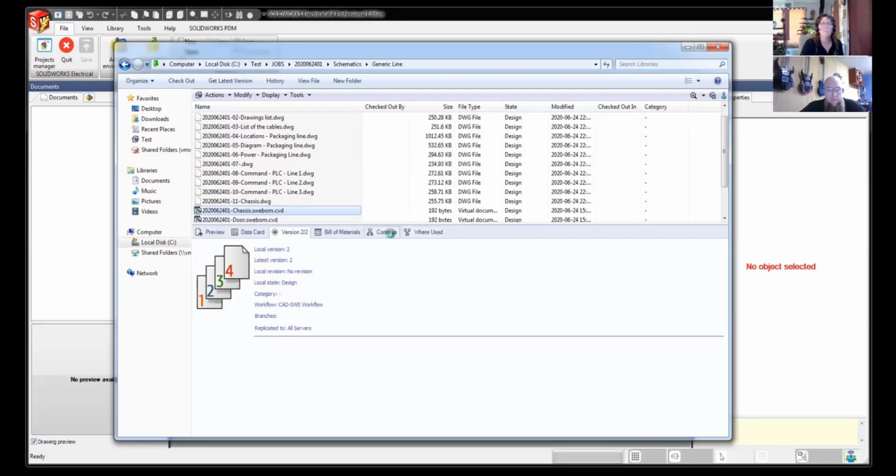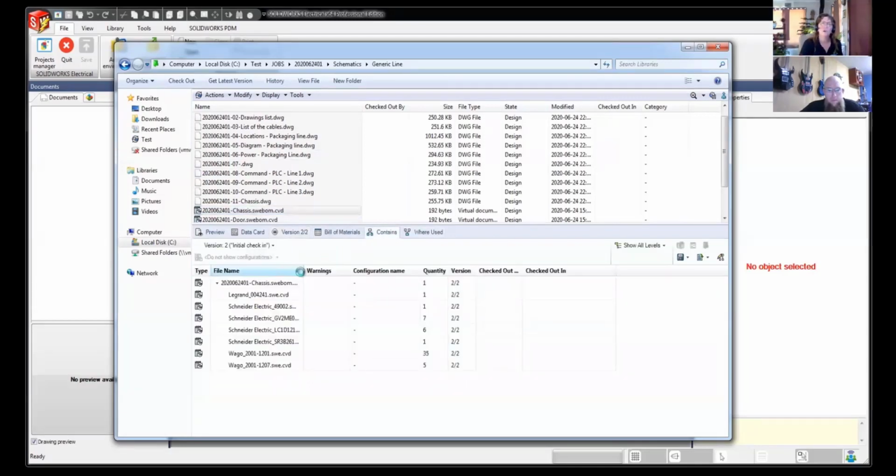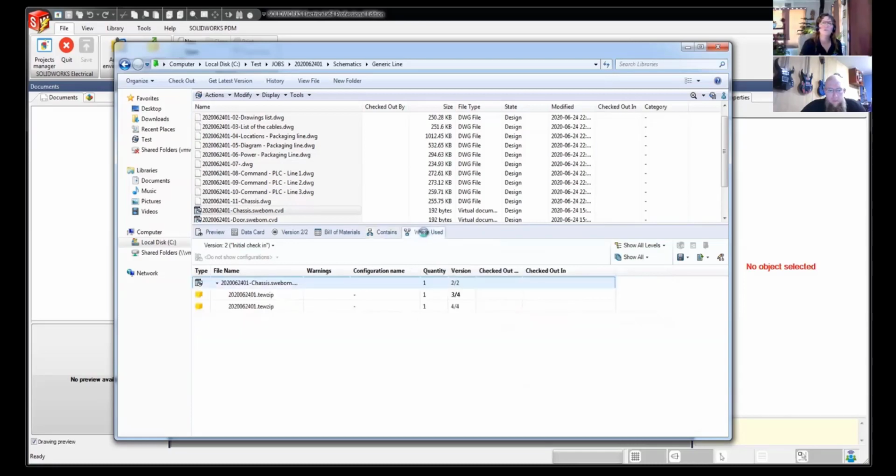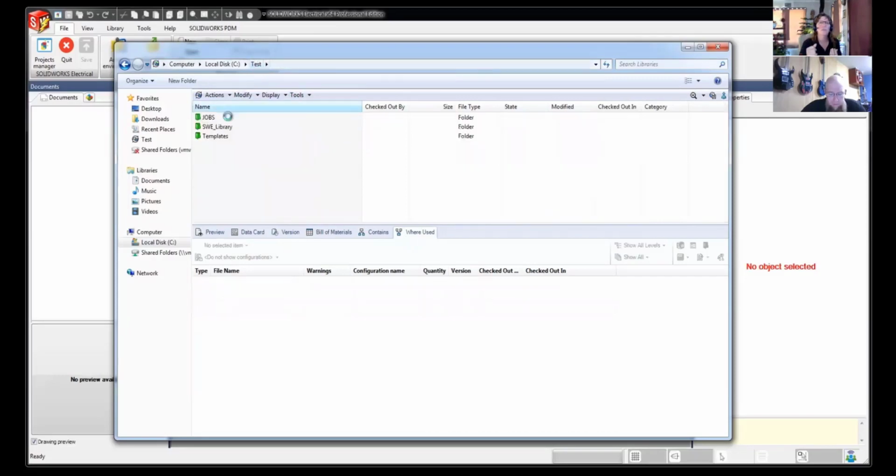So here is a BOM from this project. Notice that it has a list of the parts that are in this project that were designed. The quantities are there. You have the capability now, because it is using the files, to actually give you a where used. So we're going to take a look at this just a little bit further. We are going to go ahead and get into the area of the PDM here where the electrical library is